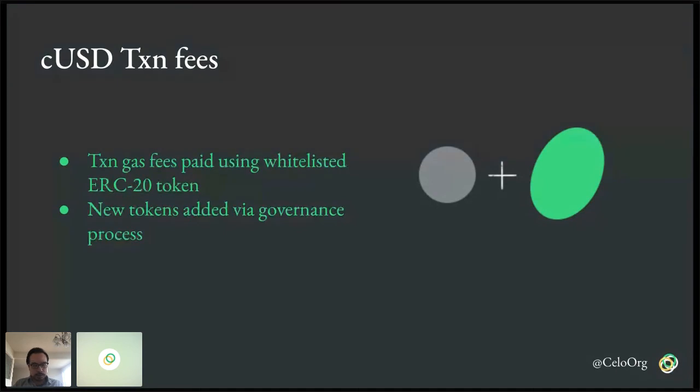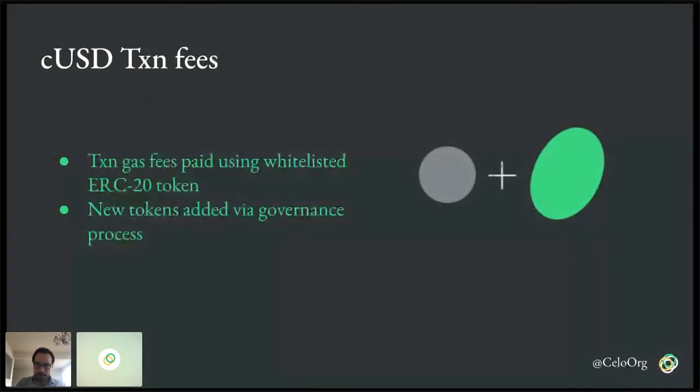As a reminder, we decided to add this feature based on user research that we've done, and from that research we found there's a lot of user experience friction when users wanted to transfer CUSD, specifically that it required that they had the Celo token to actually do the transfer.